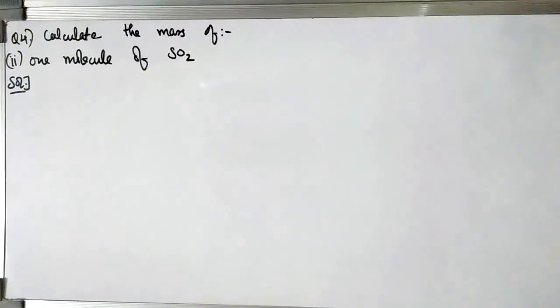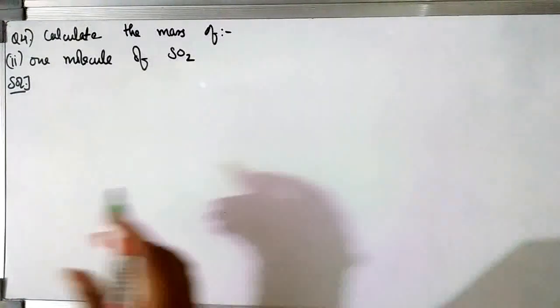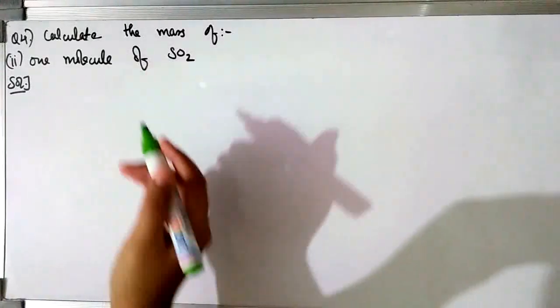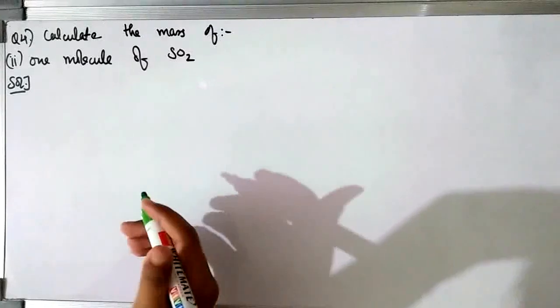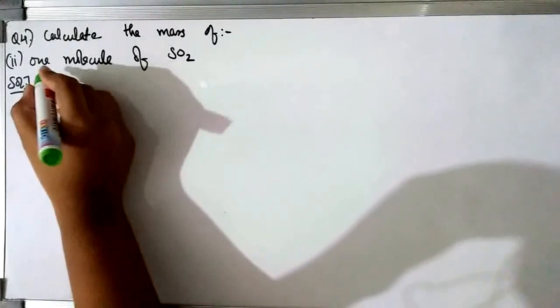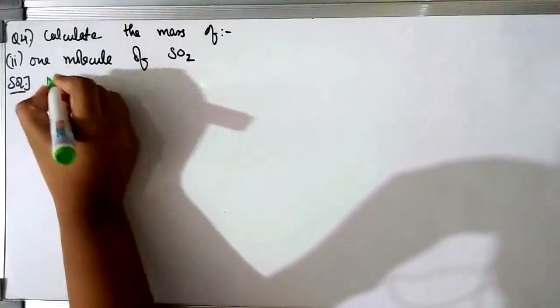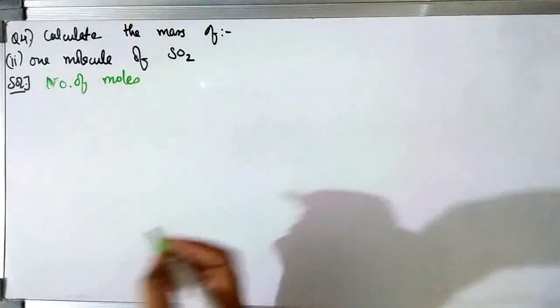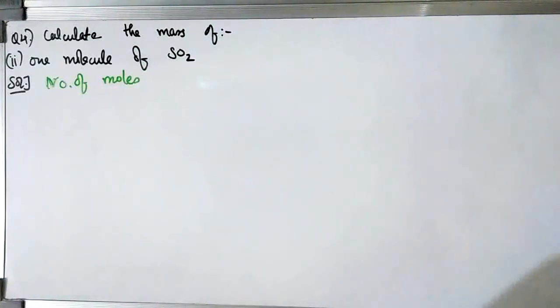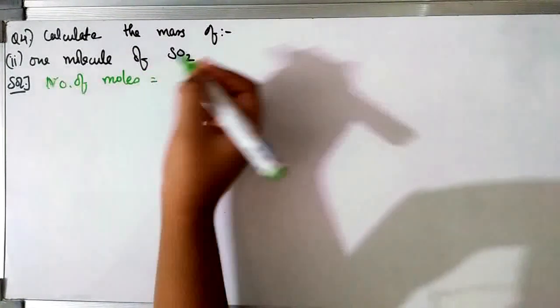So this time we have to calculate the mass of one molecule of SO2. So no need to worry about molecule and atom, we have the same formula to solve it, and the previous procedure only we are going to apply once again. So first we'll find the number of moles. Now the solution to every problem is finding the number of moles. When you don't get anything, just find the number of moles so that you could find a way to solve it.